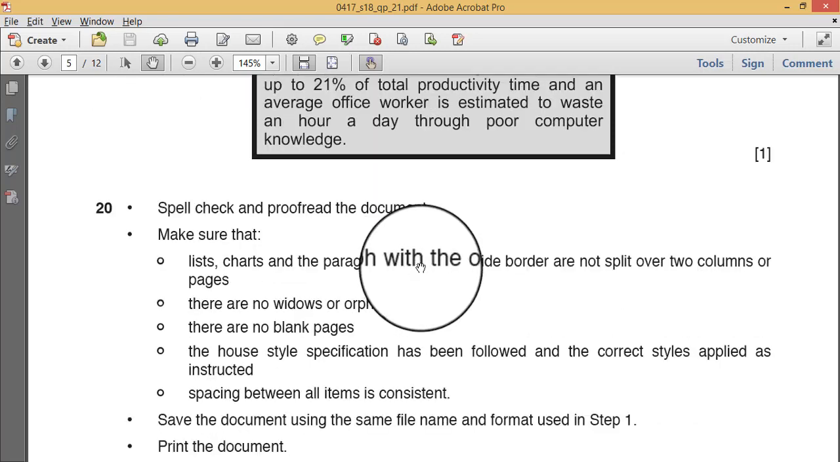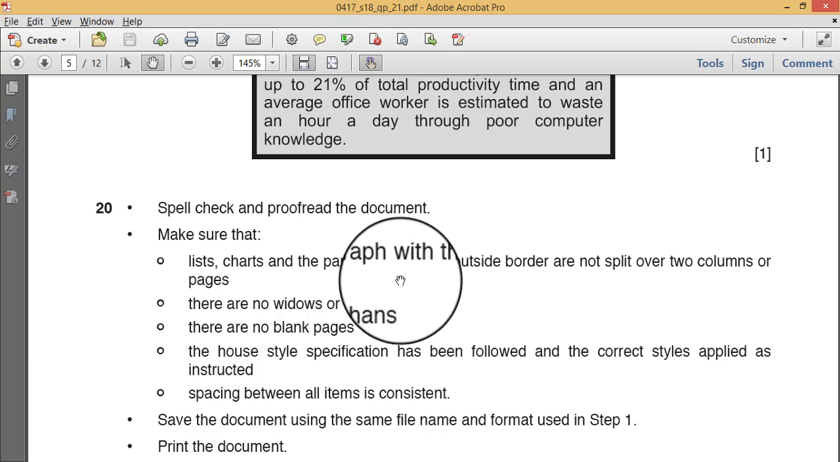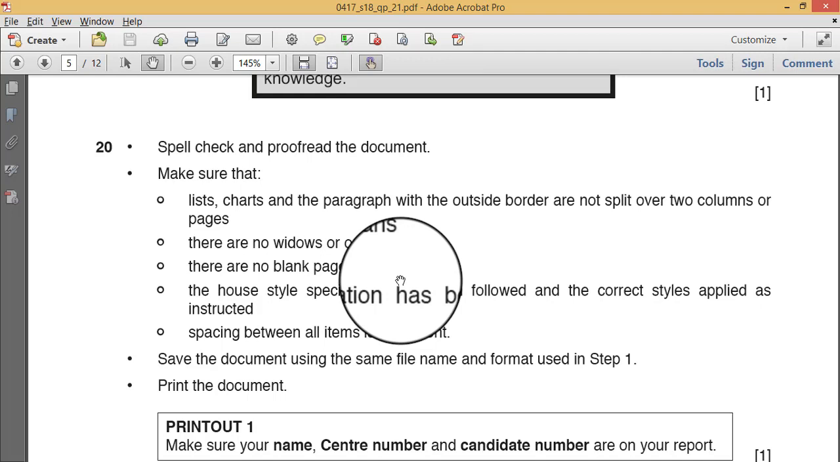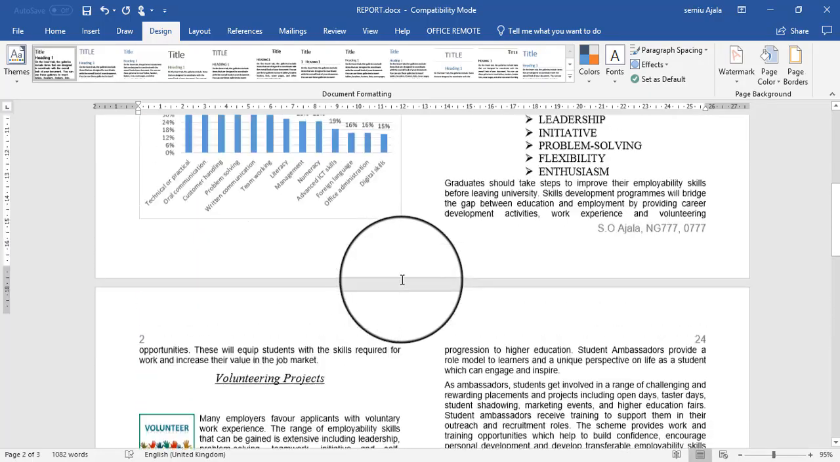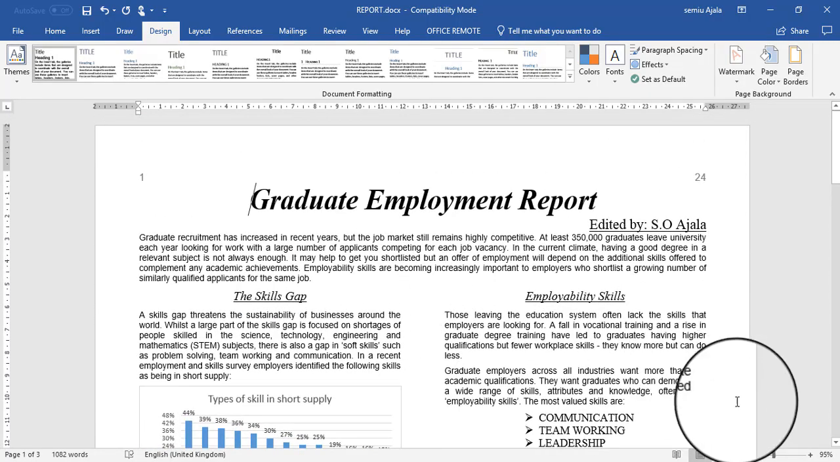Make sure that the list, chart and the paragraph with border are not split over two columns or pages. There are no widows or orphans. There are no blank pages. The house style has been followed, and the correct styles applied. Spacing between all items is consistent. Save the document using the same file name and format used in step 1. Print the document. So let's see from the beginning to avoid